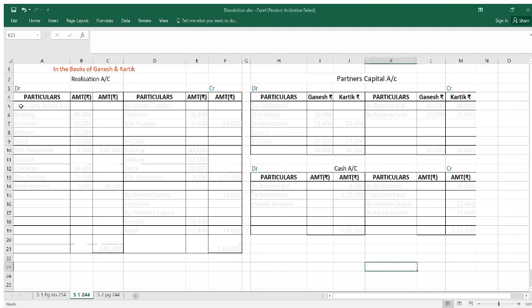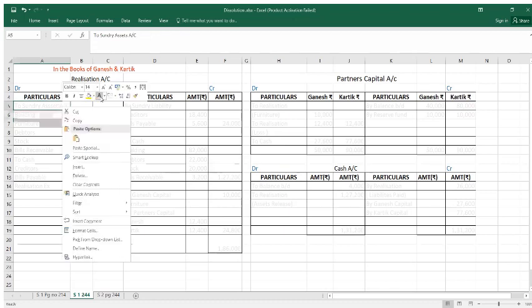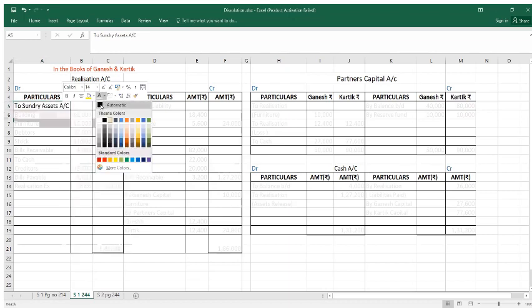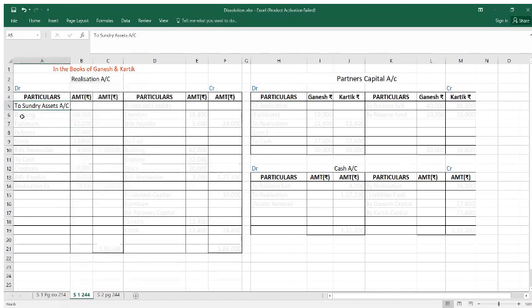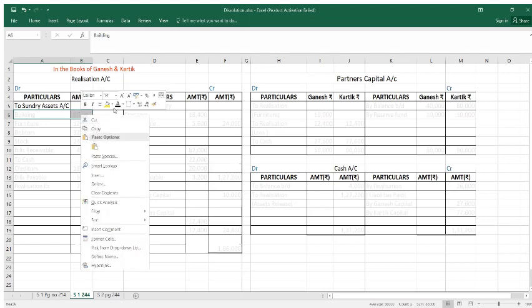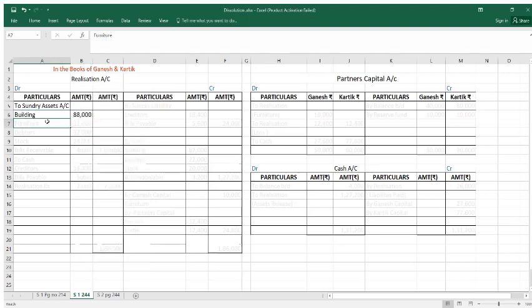So the ledger posting for that: realization account debited to sundry assets. In the realization account I will write, to sundry assets, and one by one we are going to transfer each element. So first is your building 88,000, furniture 12,000,